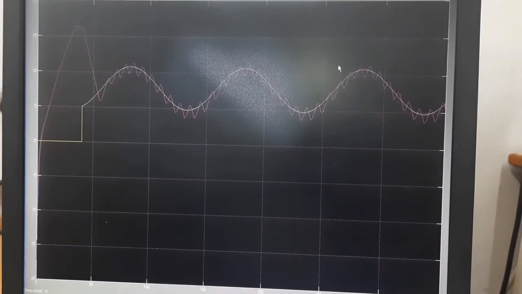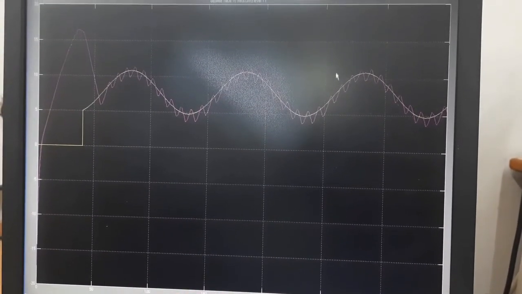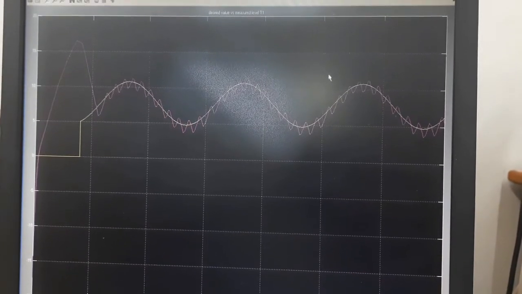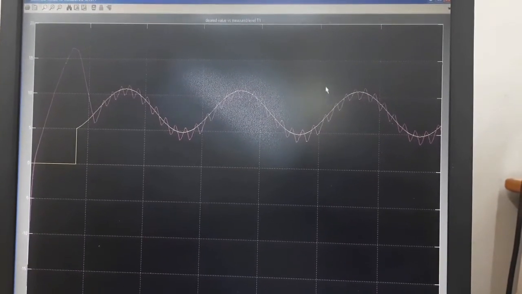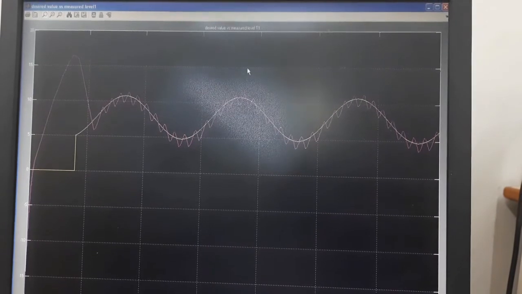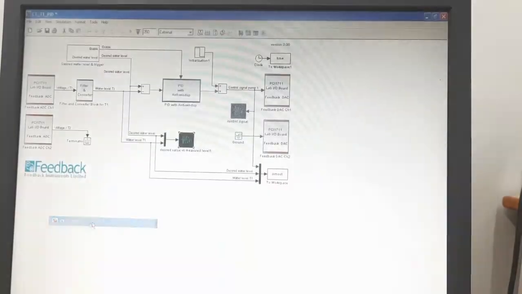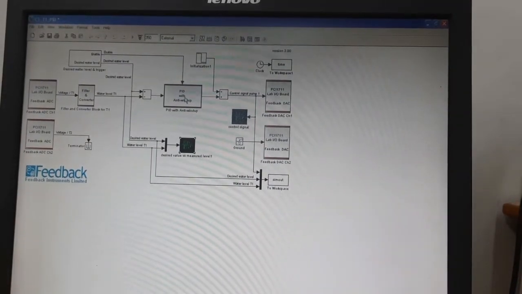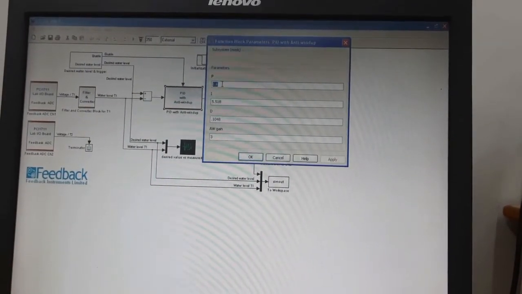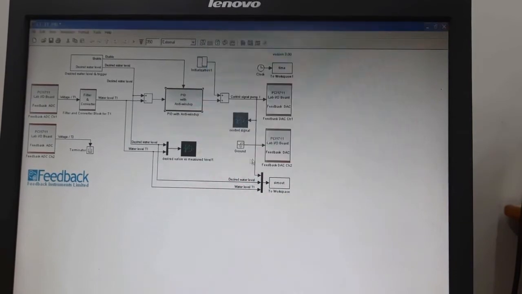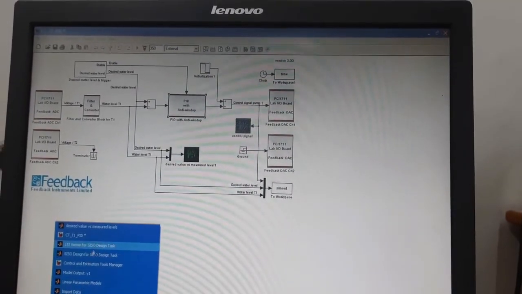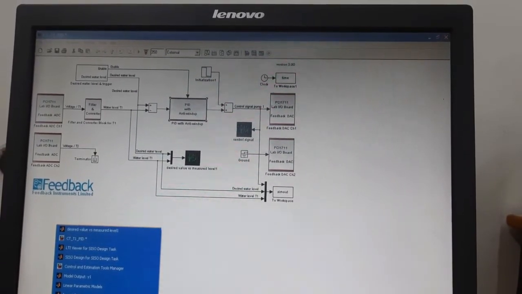From that we simplified and calculated the gain values Kp, Ki and Kd, and we put those values in our real-time system model. That means our tank 1 PID. Here we can see this is our tank 1 PID. So we put those P, I and D values here, and we have seen the response.